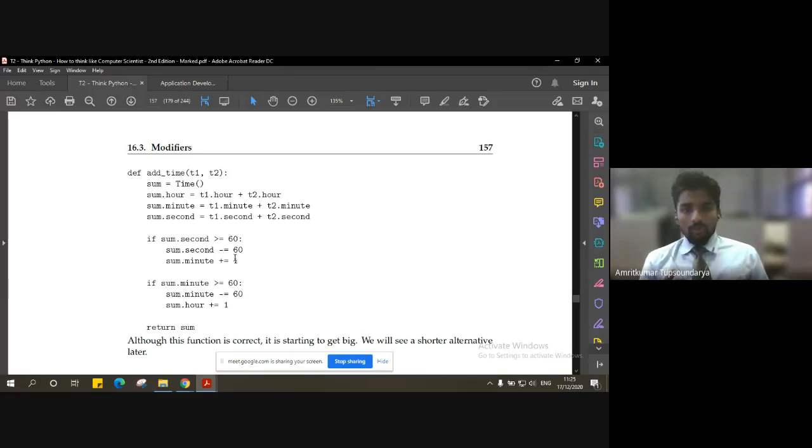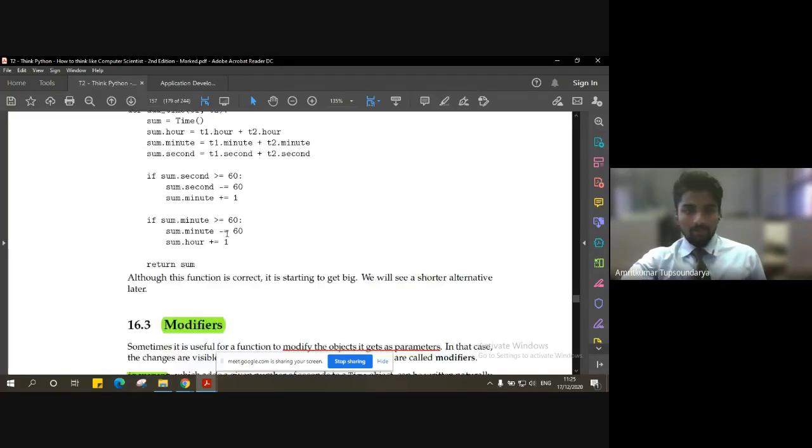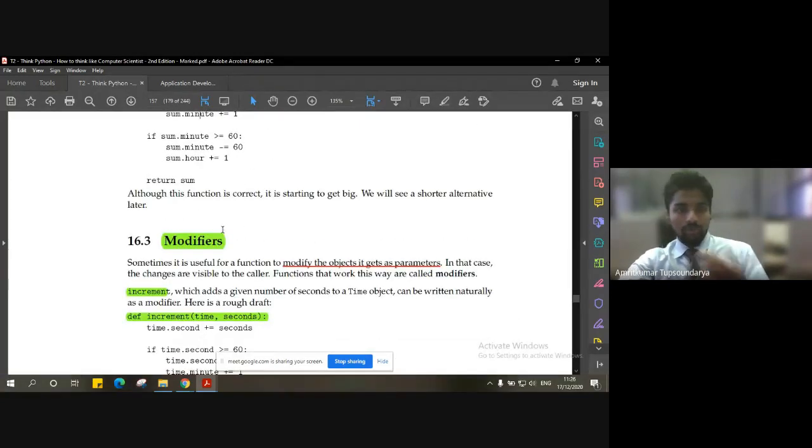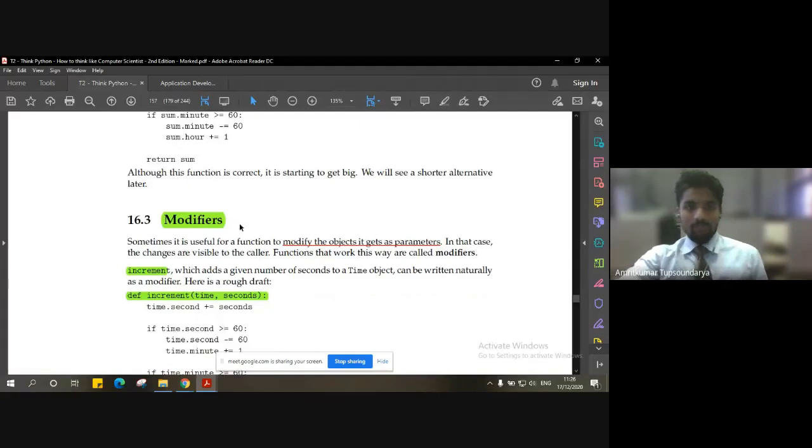But what if we want to have a modifier inbuilt placed there, which can do this task on its own, right? So that's where the modifiers can come in and help us to make the task easier. But as the name suggests, they are the modifiers. They change or modify the object which they get as the parameter or the argument, right?